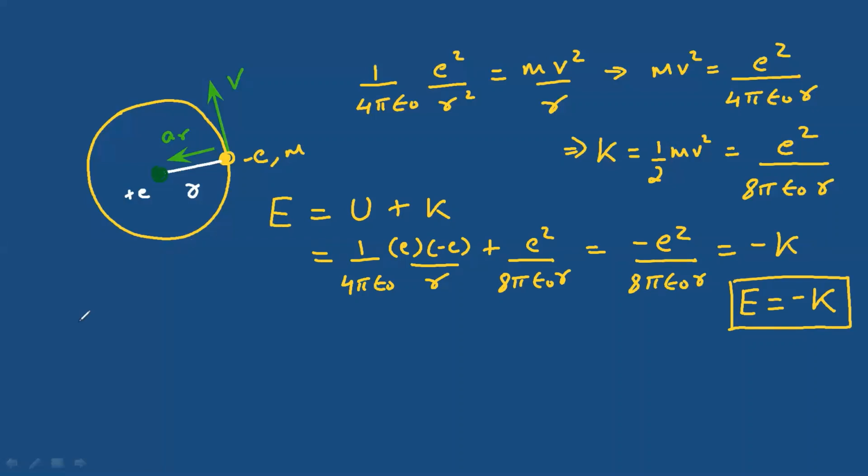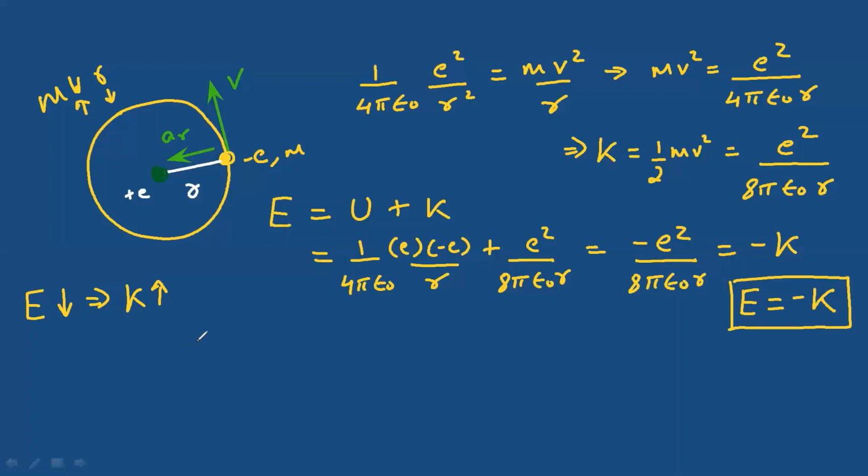Now the electron is losing energy, that is energy is lost, that implies kinetic energy is being gained. Okay, you might ask, how is the kinetic energy increasing? I could give you another way of looking into it, is that the force acting on the electron is a central force. So the torque about the proton would be 0, and since the torque is 0, the angular momentum would be conserved. So mvr is conserved.